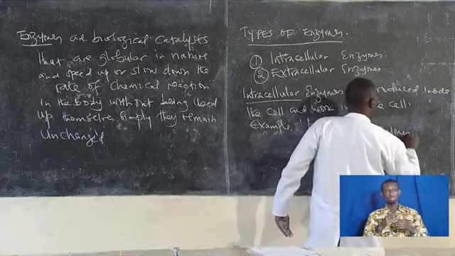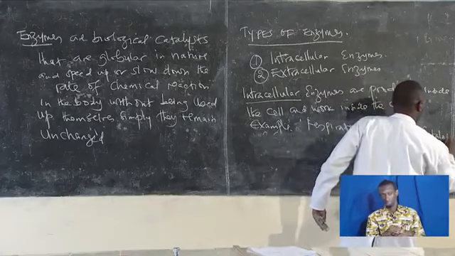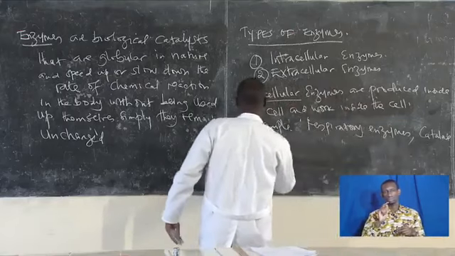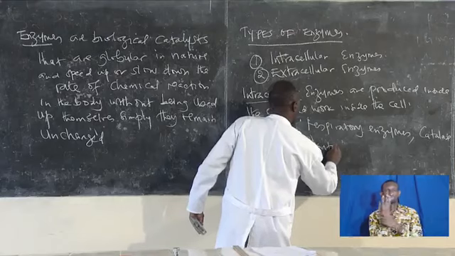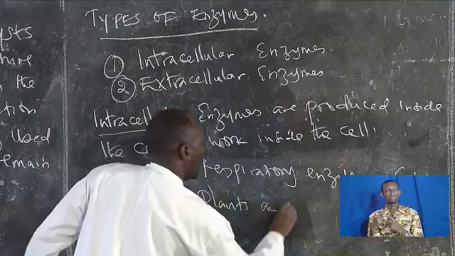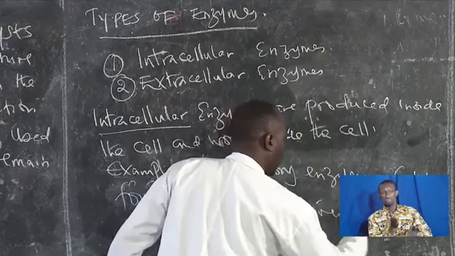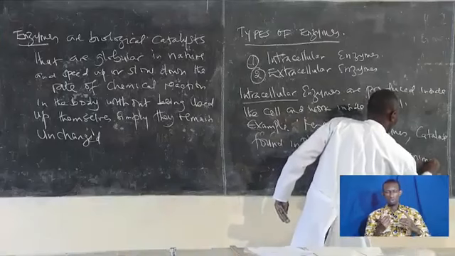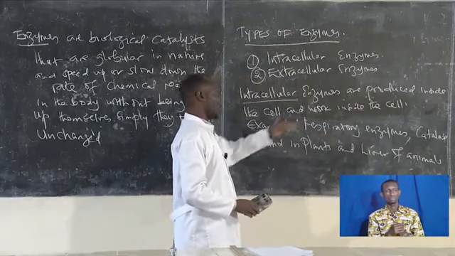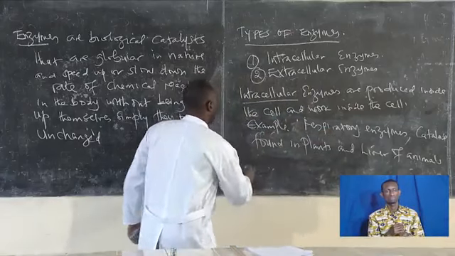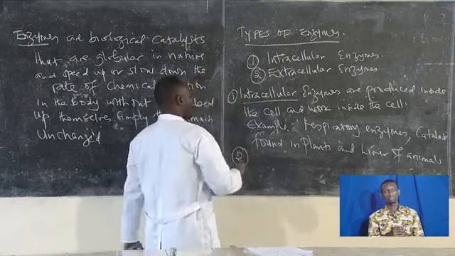We also have another one. We have what you call the catalase, which is commonly found in plants, and in the liver of animals. So these enzymes are produced inside, but they have to work outside. So we have number two. This was number one. Number two, we have